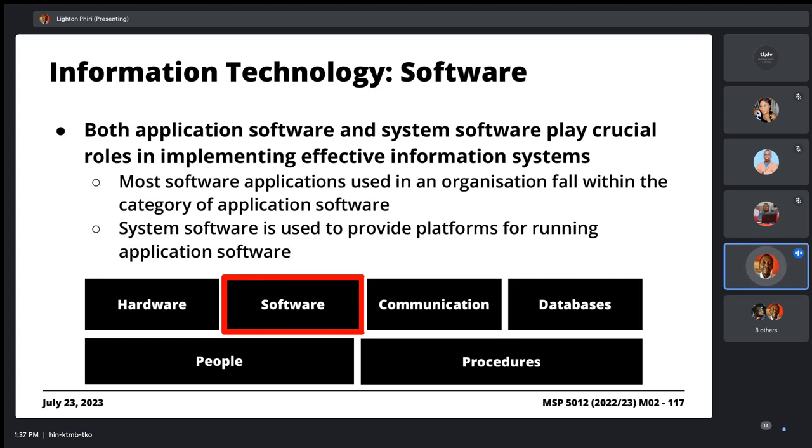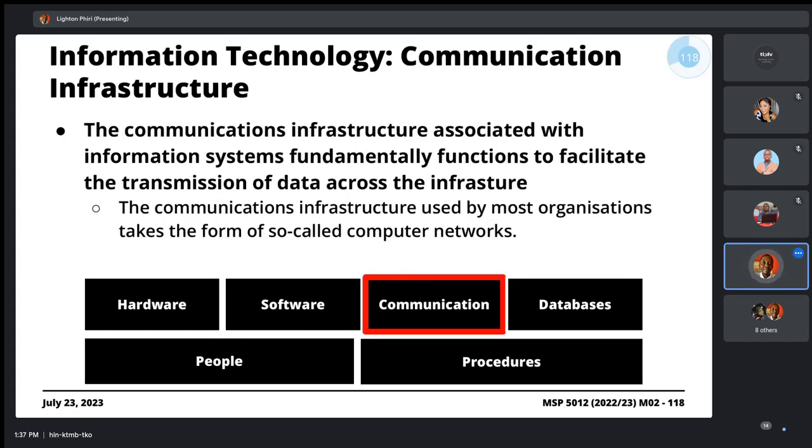I don't have any thoughts or questions. I think we can leave it at that so that the next time we meet, we shall start looking at this third element of your information technological infrastructure, where we talk about things like computer networks and all that. Are there things that you thought were unclear, perhaps? All right. If not, we can leave it at that.